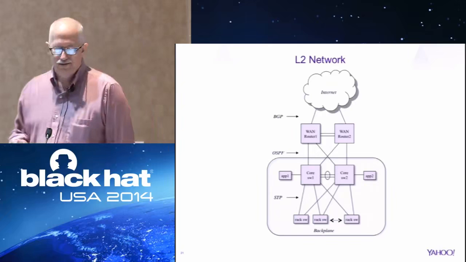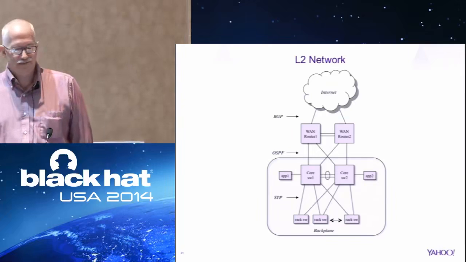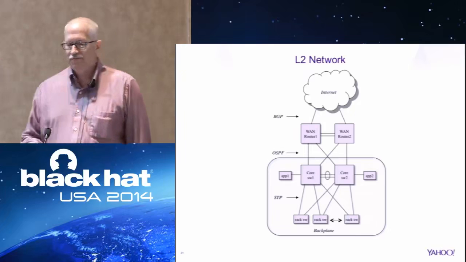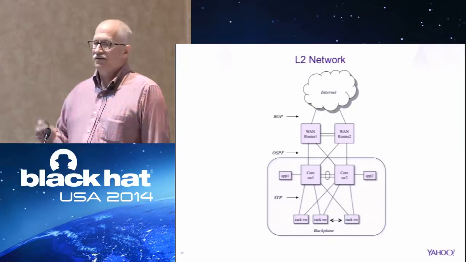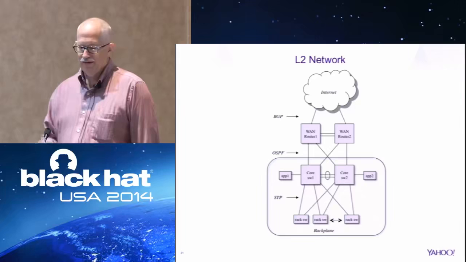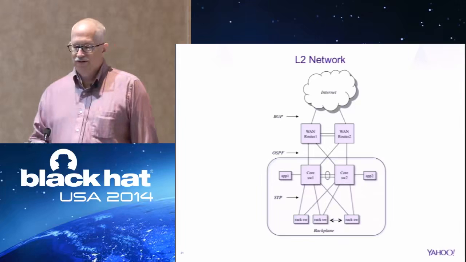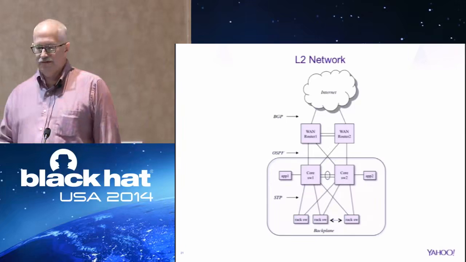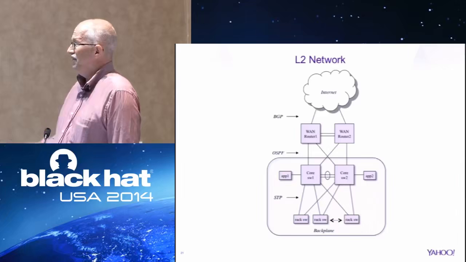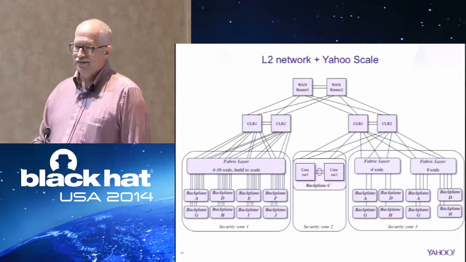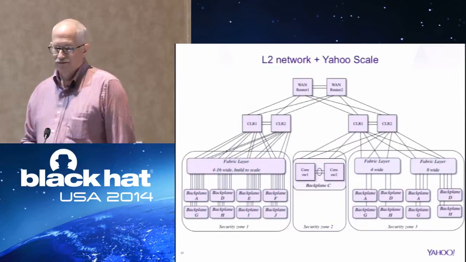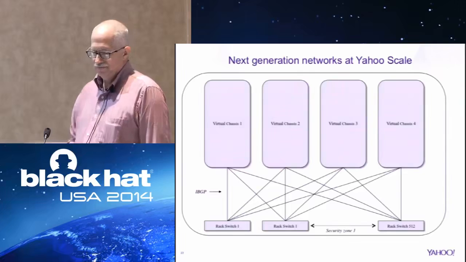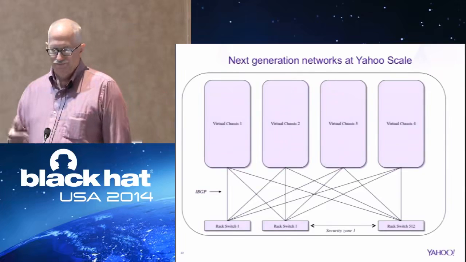One of the things with spanning trees is it causes a problem at scale, and one of the problems you have is spanning tree meltdowns. One of the things that causes spanning tree meltdowns is a high rate of change in your network. OpenStack makes this problem worse since VMs are appearing and disappearing at a much higher rate than physical hosts, which causes spanning tree recalculations to happen more often. And of course, when you start doing this at scale, it starts looking like this, and it's an even bigger problem. So the way that we are trying to fix this is to go to level 3 networks.